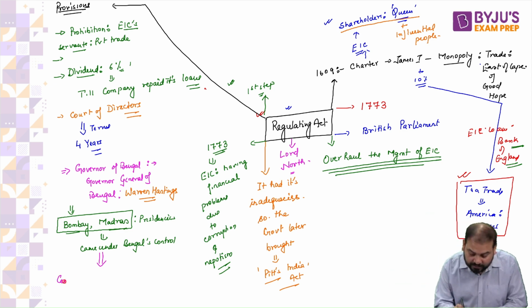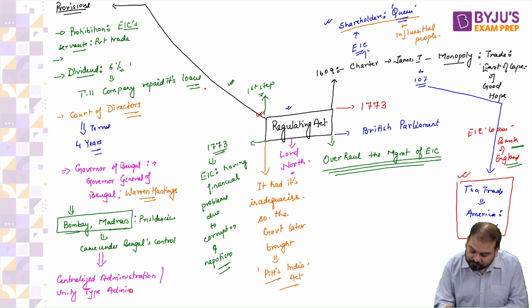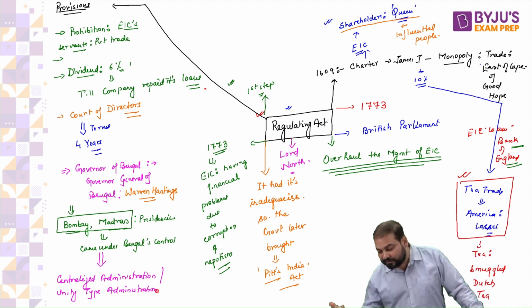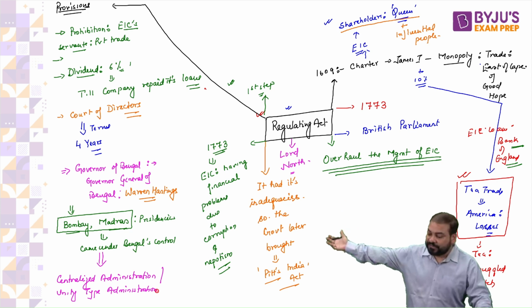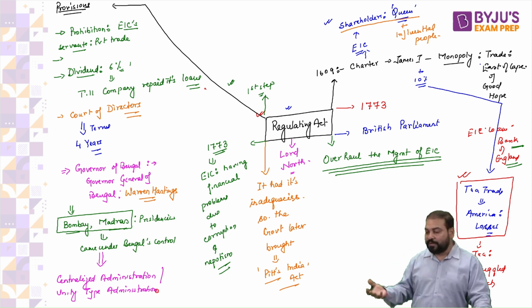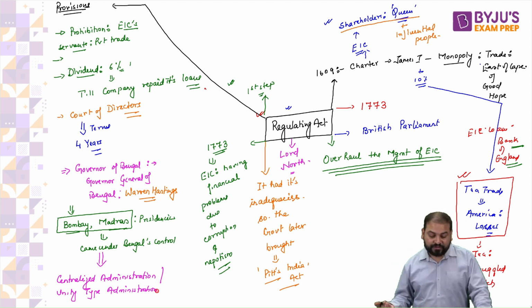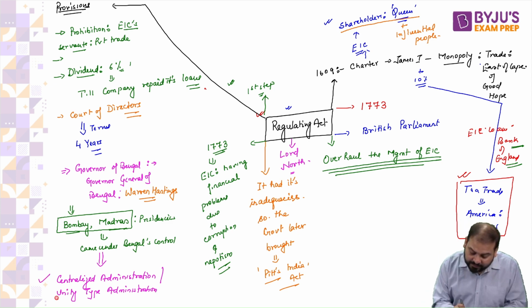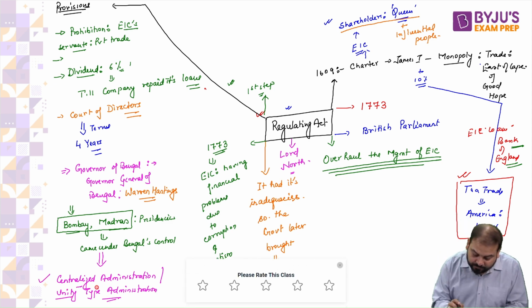So all of you, each one of you tell me one thing, very simple. Can I say this starts centralized administration in our country, or what you call a unitary type administration? Everyone, Bengal is the center, just like today Delhi is the center. Karnataka, Bengal, Madhya Pradesh, they all are states. So similarly here, can I say that this is a unitary type government,